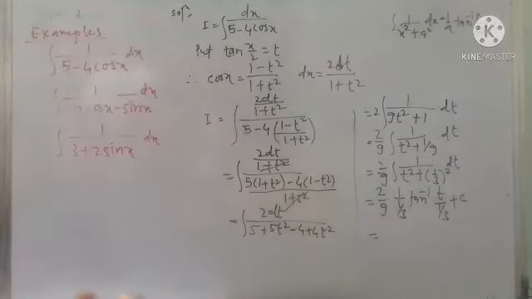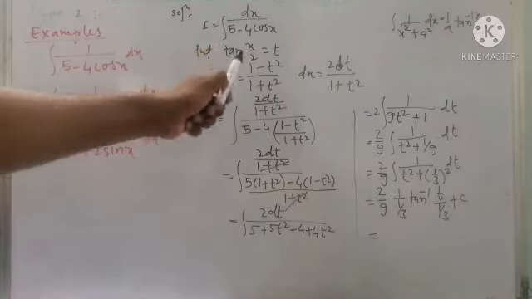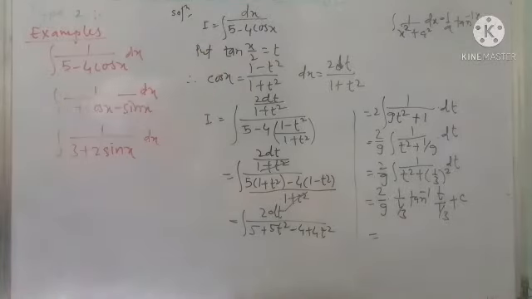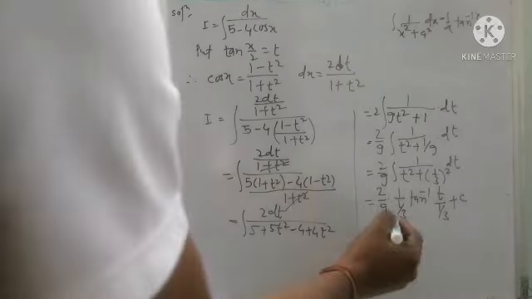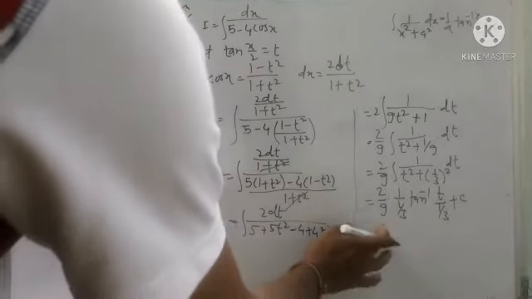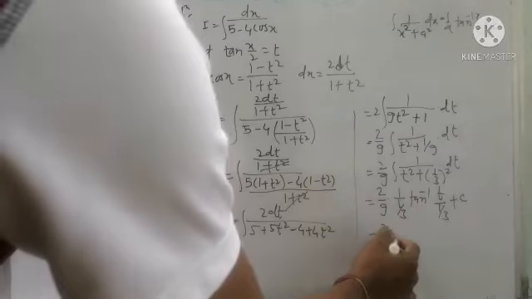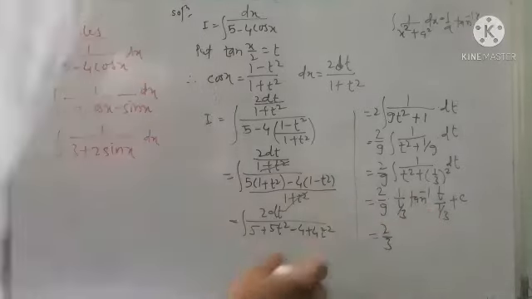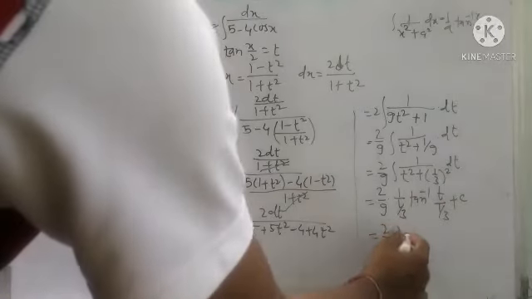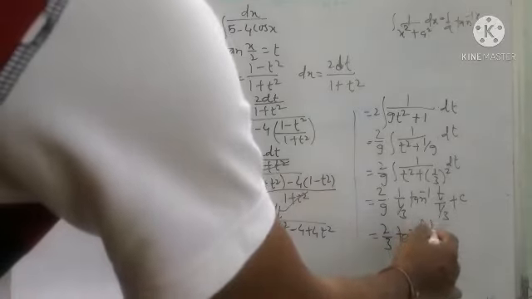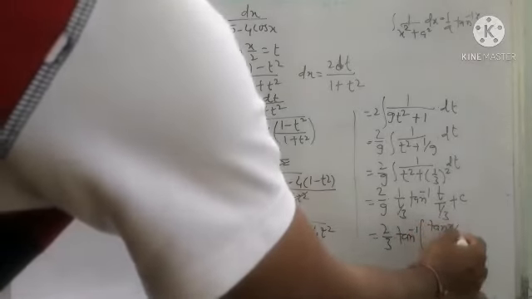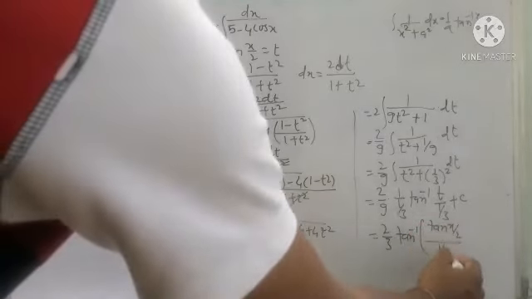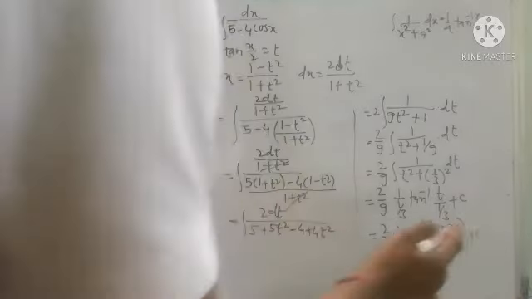And now the last step which you have to take always, that means resubstitution of the term of x. Here tan(x/2) is t, so we have to resubstitute t as tan(x/2). So the final answer will be actually 2/9 into 3, actually 9 by 3 is 3, so (2/3) into tan⁻¹ of, the value of t is tan(x/2), divided by 1/3, bracket complete, plus c.